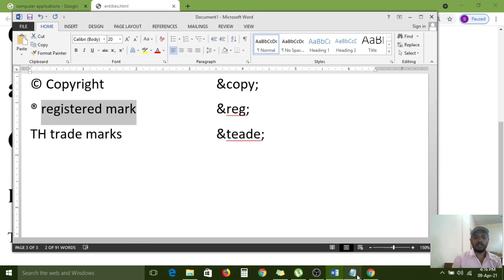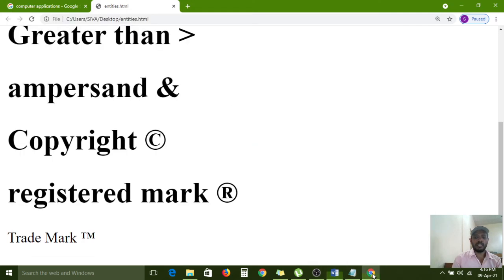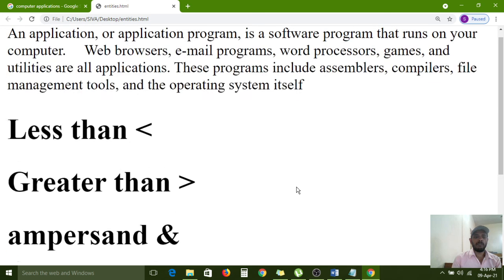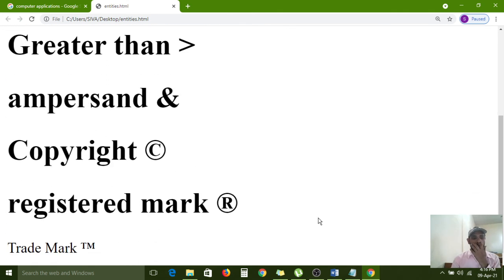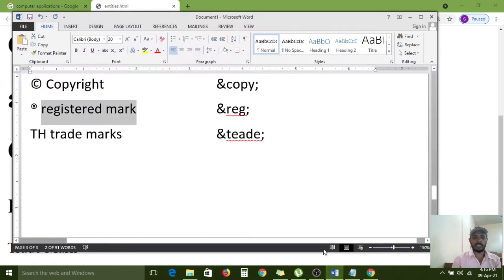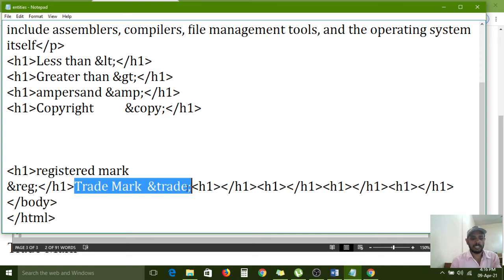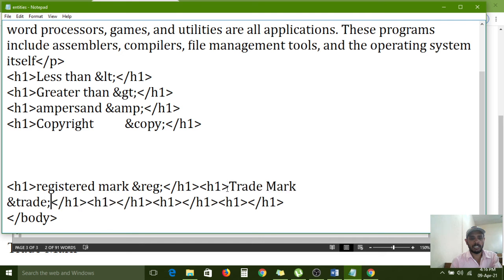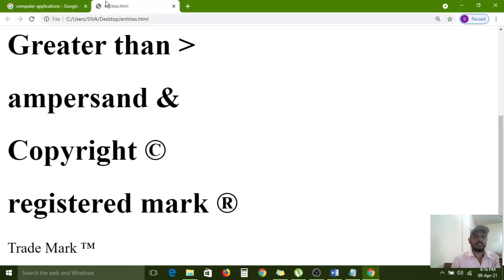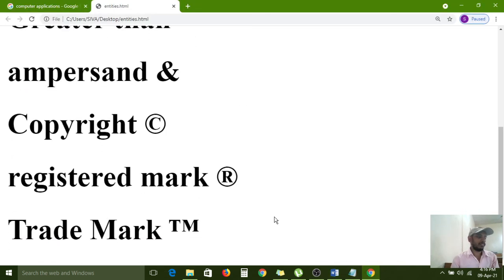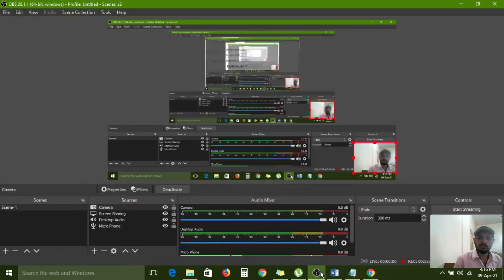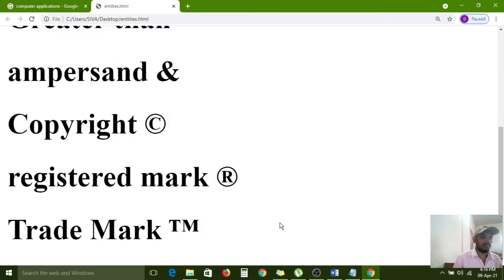So now all the entities are completed. Actually there are a number of entities, but here I gave a few examples for your understanding. Understand? Okay, character entities are also over.